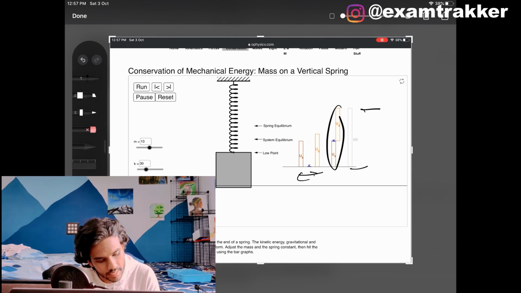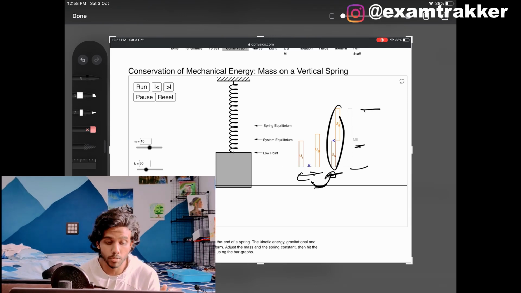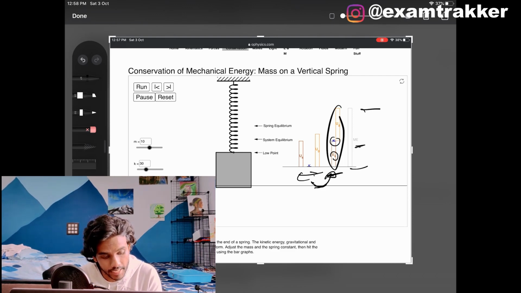He simply took all these 3 things, put them in a single stack, and you simply show it as the total mechanical energy. You can clearly observe that the total mechanical energy is constant in every situation. It is just the summation of the spring potential energy, the kinetic energy, and the gravitational potential energy.